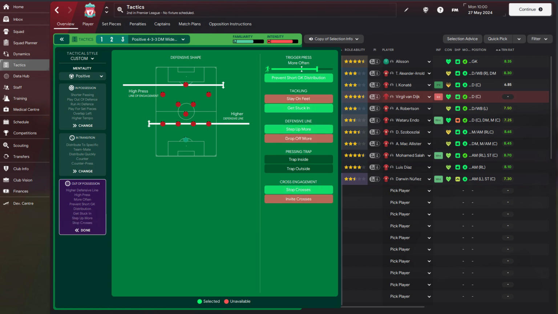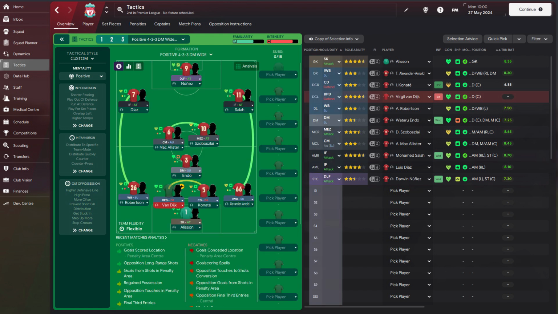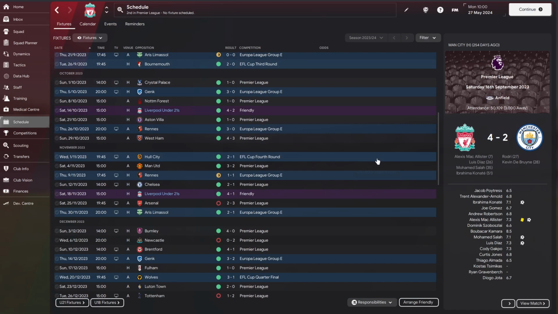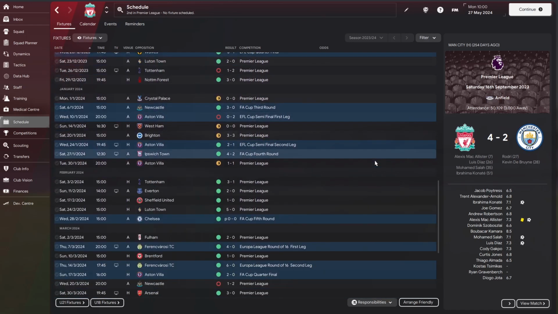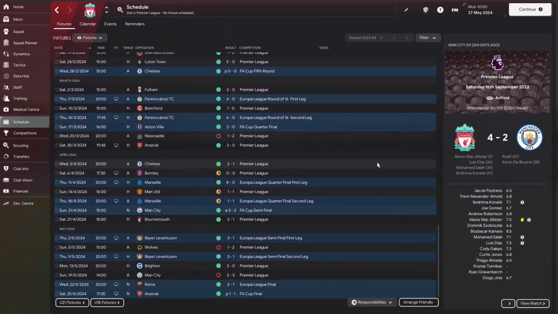Of course, get stuck in, step up more and stop crosses will work fine for this Liverpool tactic. However, considering how aggressive the tactic already is, ticking these options would unbalance it completely. And the secret with tactics creation is to keep them as balanced as possible. I would recommend playing as many matches as possible, as it gives you a chance to observe how the tactic plays out and tweak if needed.